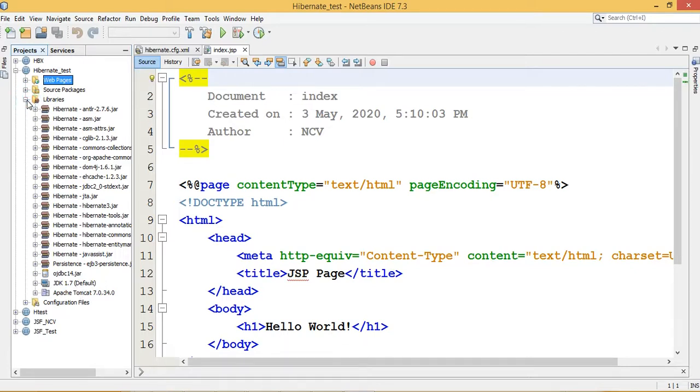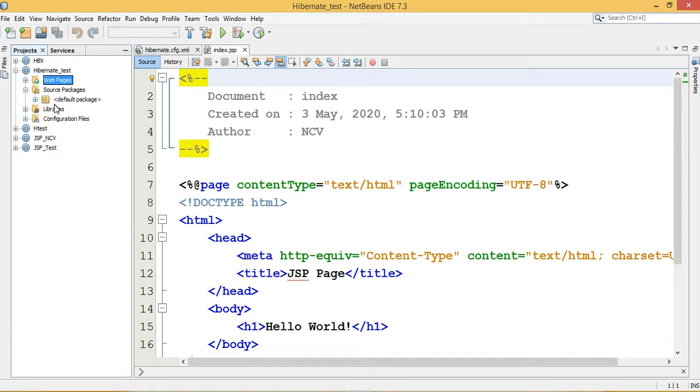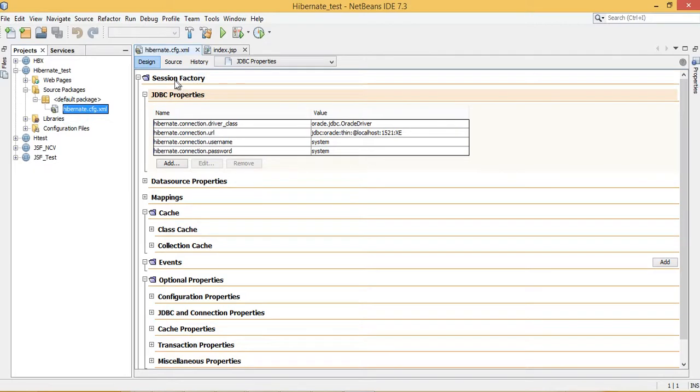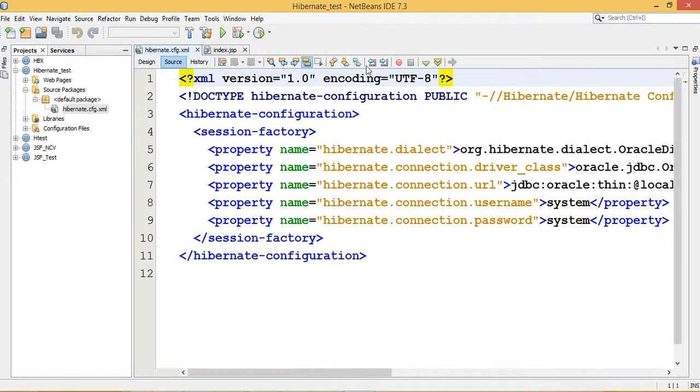But one thing you need to see is that in the source package one file is already there, the hibernate.cfg.xml file. Once I click on this file, as I told you, in the Hibernate framework a session factory is the main part of the framework. It has some cache information and JDBC connection information. You need to click on source.